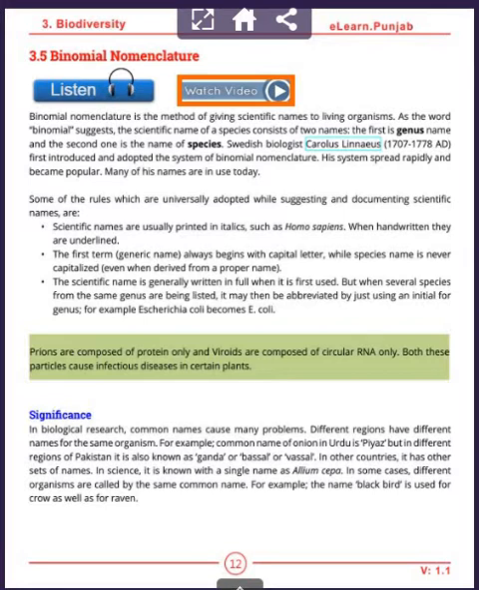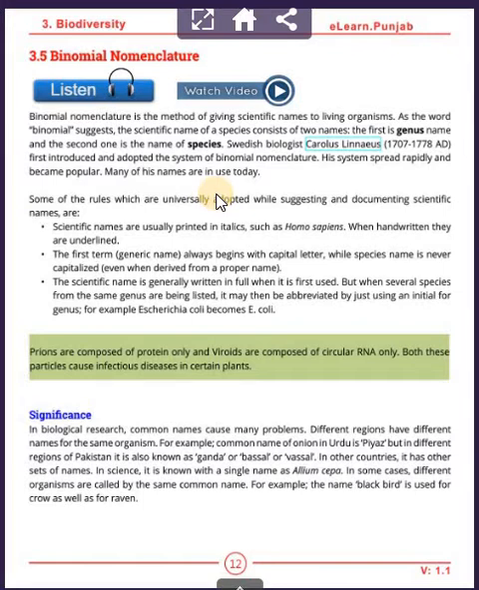So the word binomial suggests the scientific name of a species consists of two names. The first name is the name of the genus and the second one is the name of the species, as we learned in the first chapter about Brassica campestris and Rana tigrina. So these are the scientific names, and Rana and tigrina, these are the two names. Brassica and campestris were also the two names. So we will study now what are the rules that are universally accepted while giving